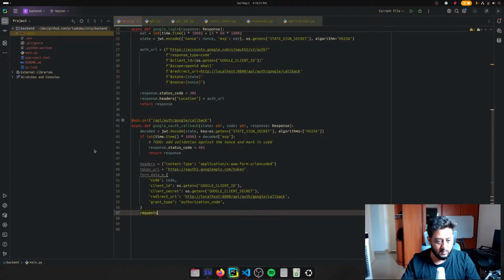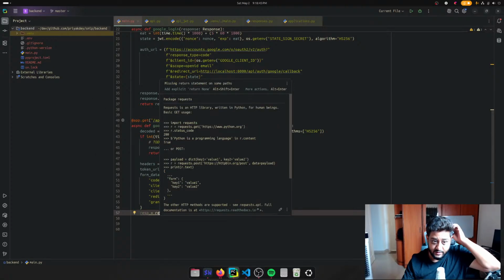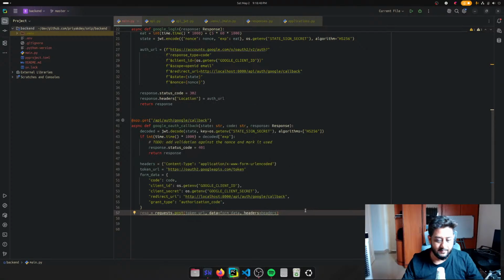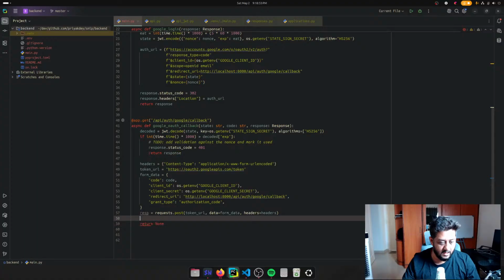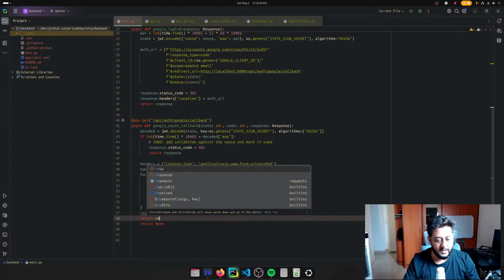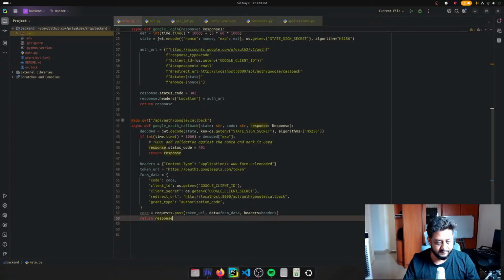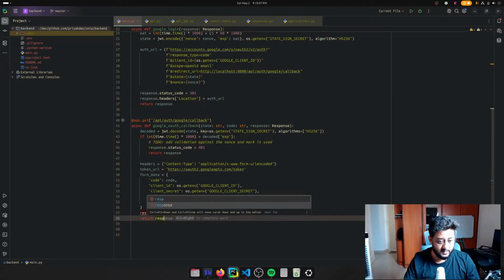So now requests post token URL. You want to have the data as this and headers as this. And this is going to be a response. Why is it saying this? Issue: missing return statement. Okay, yeah. We have it. Okay. So we can return the response. Not that response, buddy. Okay, so